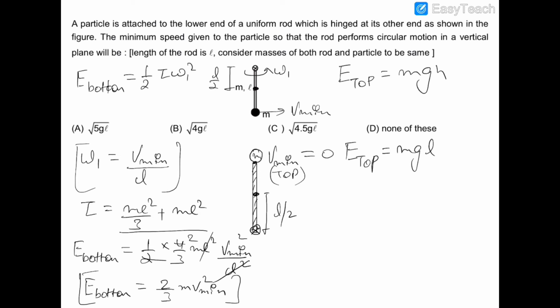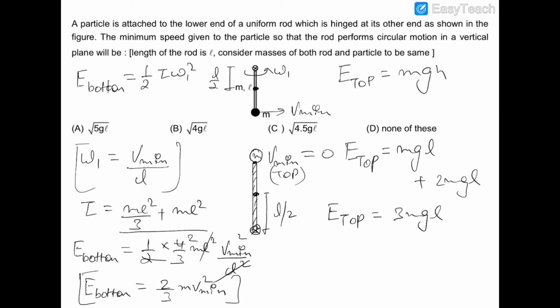And also the distance ascended by this mass will be 2L, because initially it was under the hinge by a distance of L, and finally it is over the hinge by a distance of L. So this is also 2mgL. So energy at the top would be equal to 3mgL.